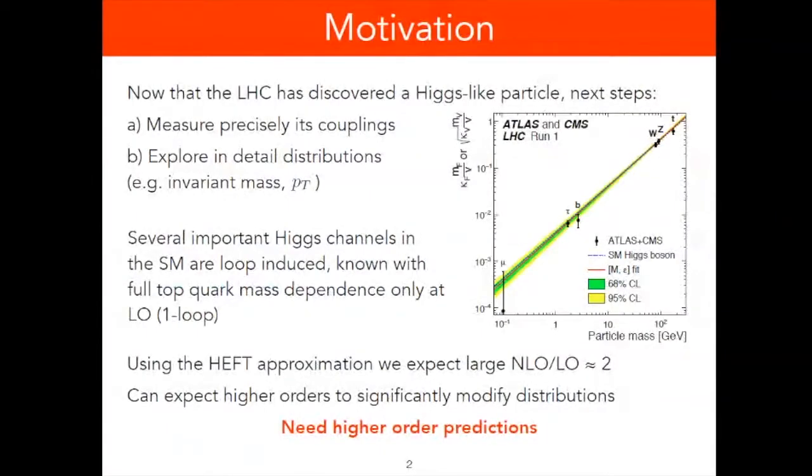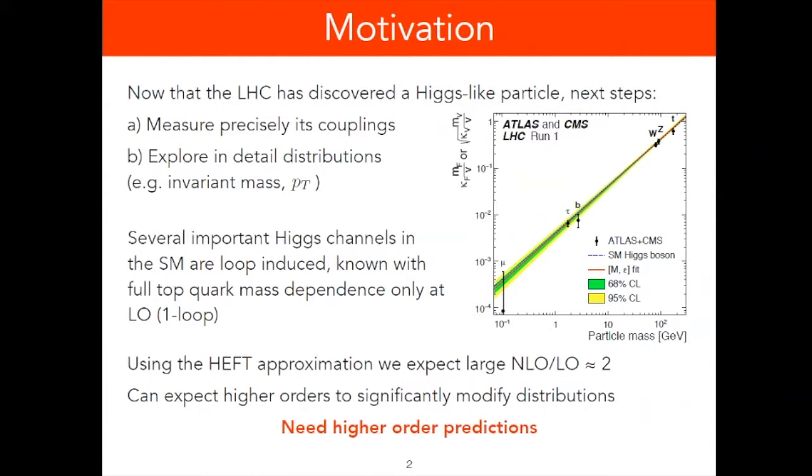First, the motivation for looking at these particular amplitudes and to do this numerically, so let me start. So now that the LHC has discovered a Higgs-like particle, I think the next important step is to measure precisely its couplings, which is a procedure that's already well underway. Here we see a combination from ATLAS and CMS from run 1, so it's a little old. But they're already beginning to pin down many of the couplings for the Higgs boson, and also to explore in